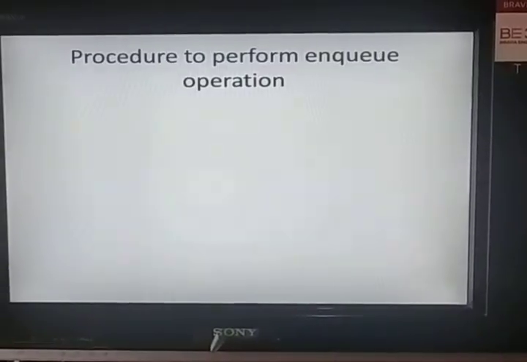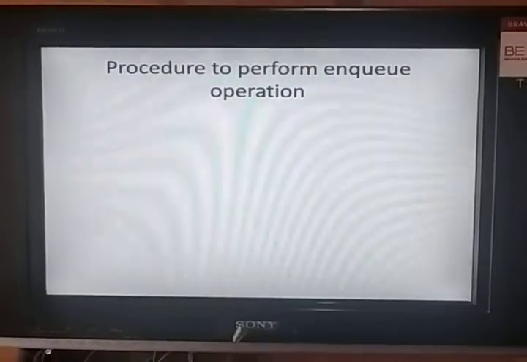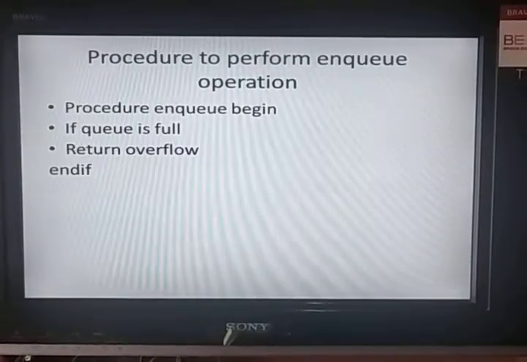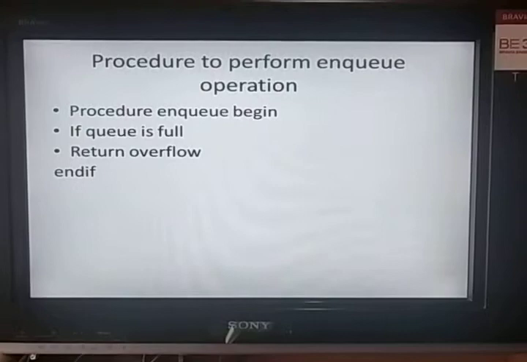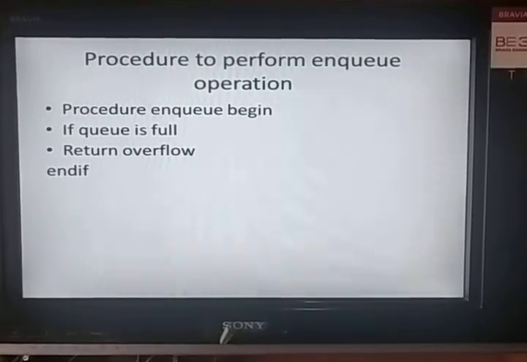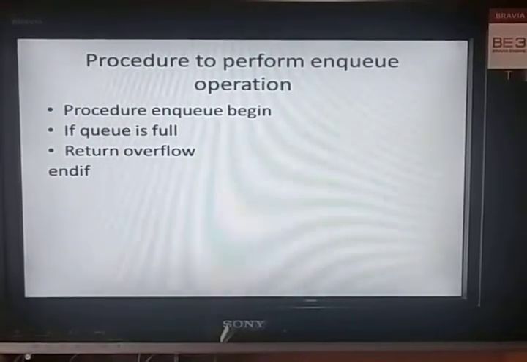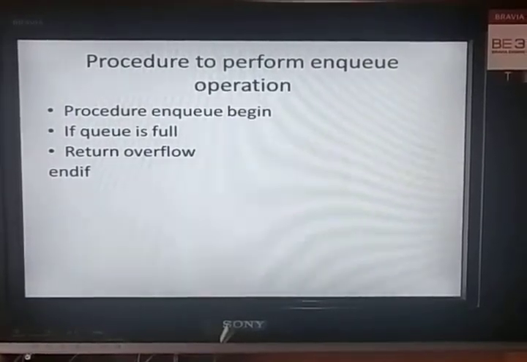Now you will learn the procedure to perform the NQ operation. In this procedure, first we have to begin the procedure. Procedure NQ begin. If queue is full, then return overflow.